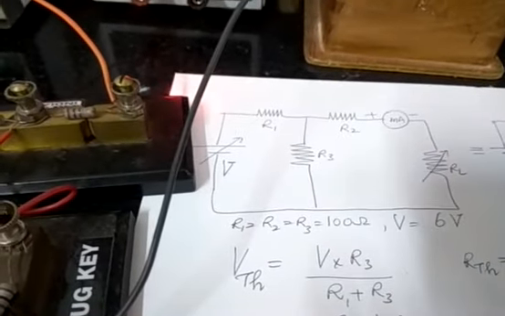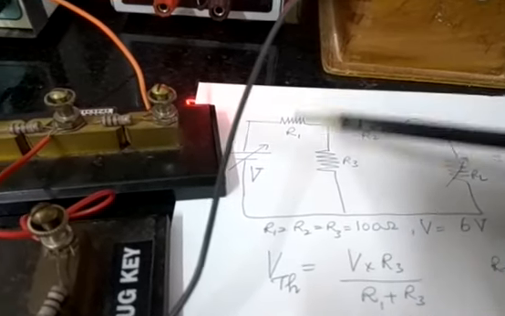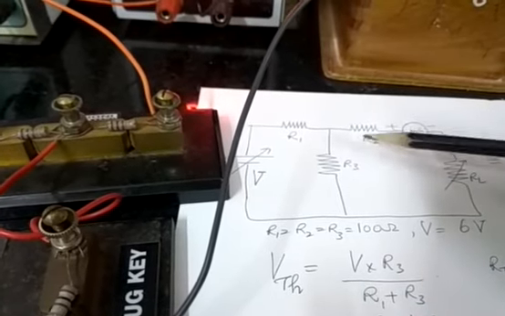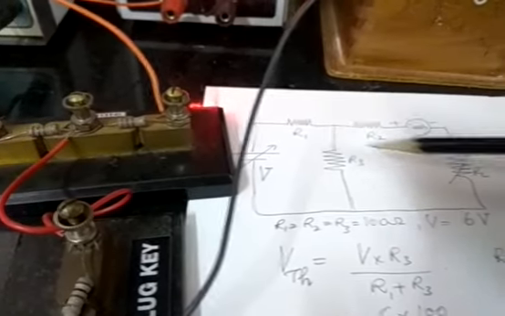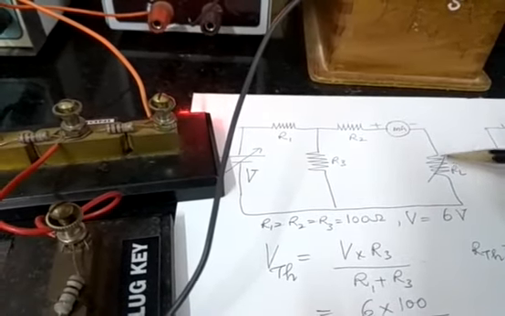Maximum power transfer theorem. The circuit setup is very simple. The circuit makes use of a voltage source and then a network containing three resistors R1, R2 and R3 connected in this fashion. R1 end is connected to the supply voltage positive, R2 end is connected to the milliammeter positive, and the milliammeter negative is connected to RL, the load resistor.